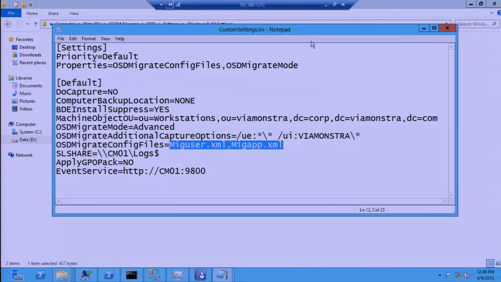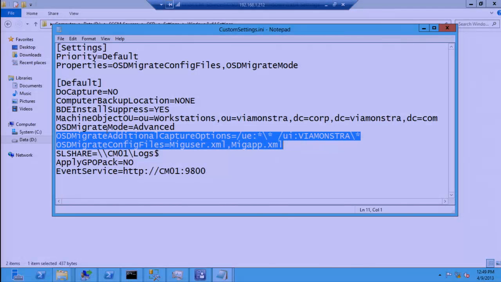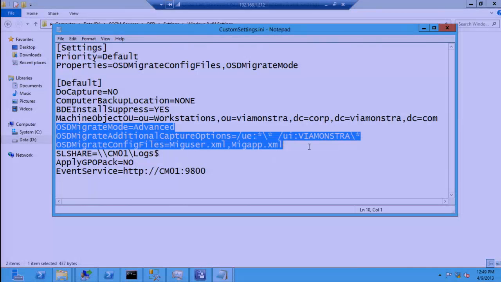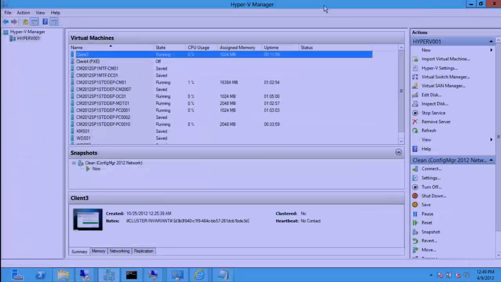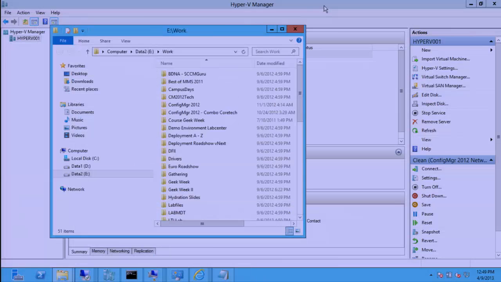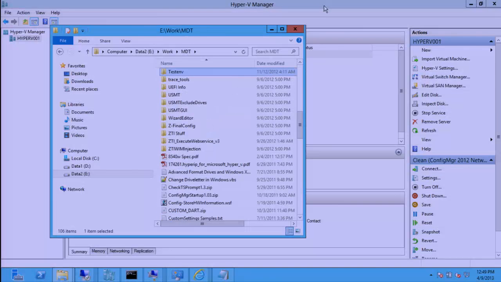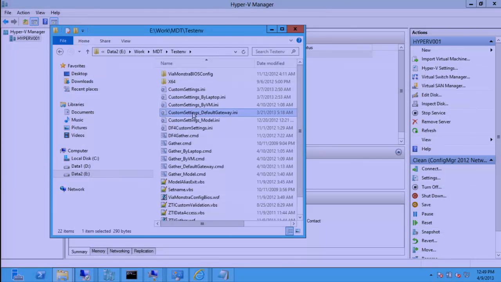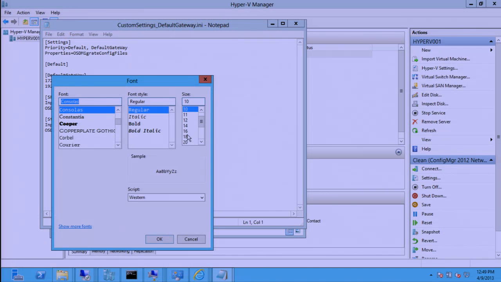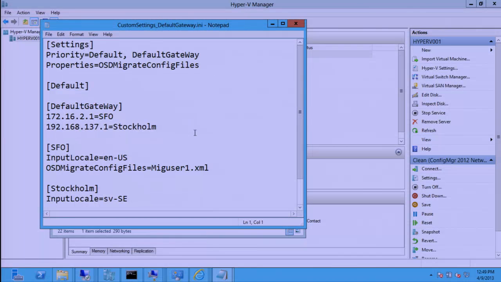So I can have different settings. So I will copy these. You actually need to have this one as well, otherwise you can't specify options. So I will copy these. I'm going to open up a template that I have. I can use